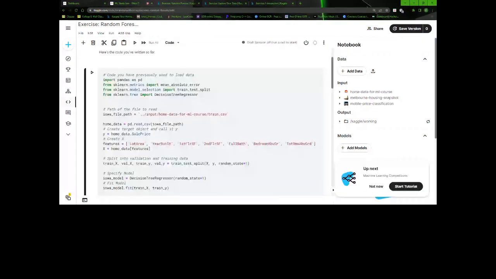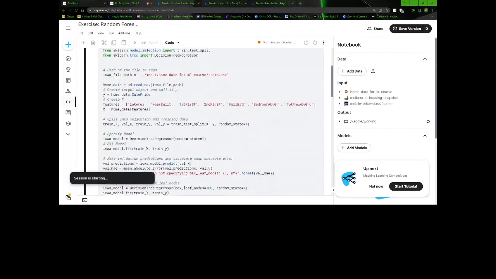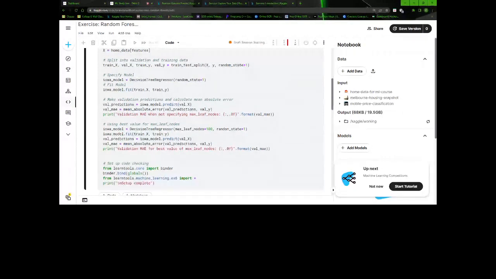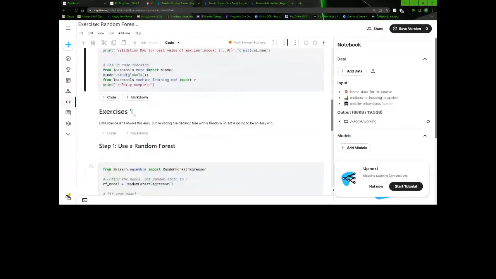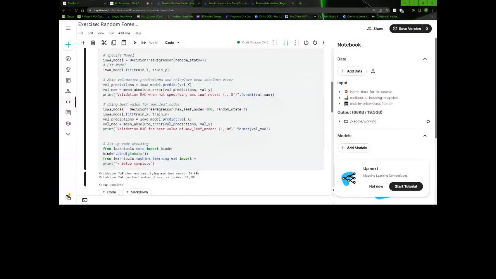And just for the recap, you already know how this is done. Import the data set, split into X and Y, split into train X, train Y, import the decision tree regressor that we have right here, and perform the predictions. But here we have to use random forests. So first we'll do the decision trees, then we'll compare with the random forests. Okay. So decision trees, we perform the fit and perform the validation error on MAE,